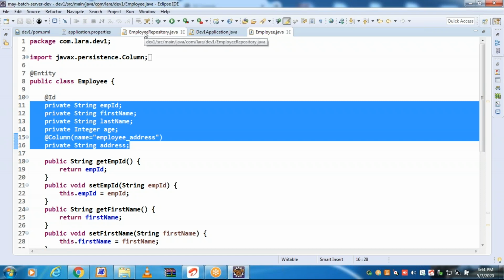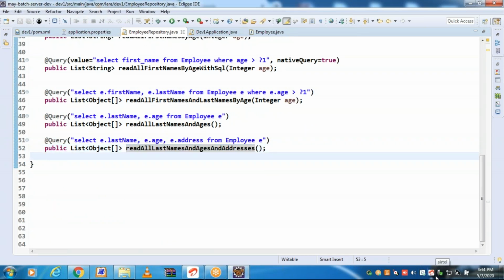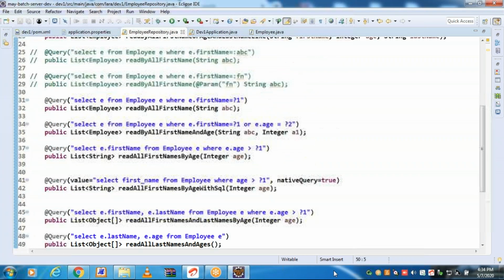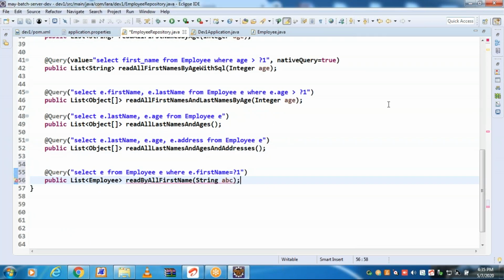Let us develop one method in the repository to return employee. Already we have seen. Select e from Employee e without where condition.